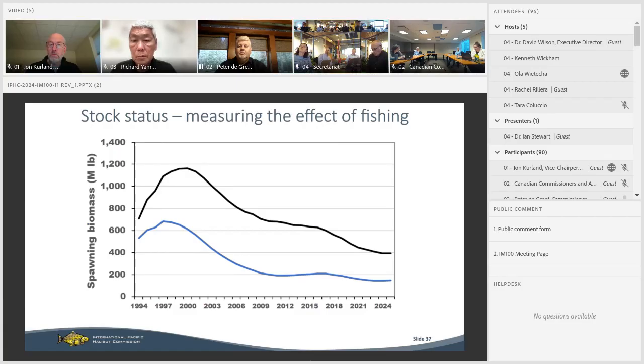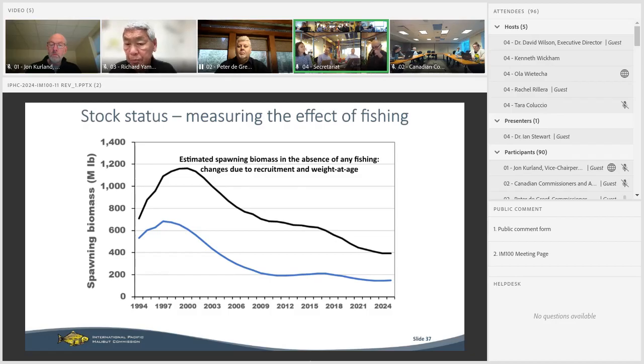If we look to the stock status, and I'll refresh your memory on how we evaluate it, we do that by measuring the effect of fishing on the spawning biomass. So the upper line in this graphic shows you the estimated spawning biomass that would have occurred in the stock from the early 1990s to present if we hadn't been fishing at all. So if we rolled back the clock and said, we're not going to catch a single halibut out of the stock, and played that forward, noting that the dynamics would have been different. We would have had more spawning biomass and therefore in some years slightly more recruitment.